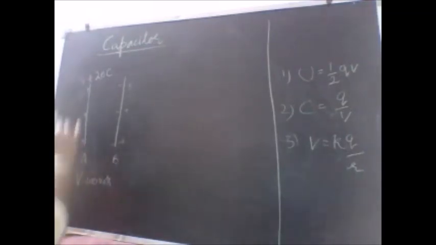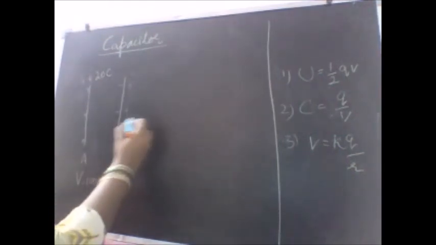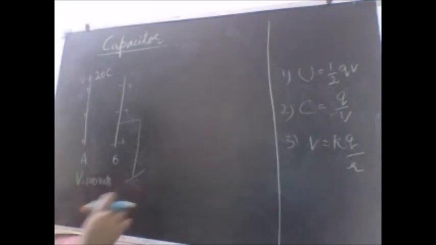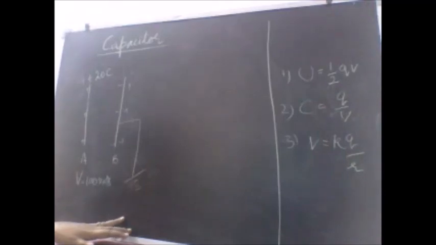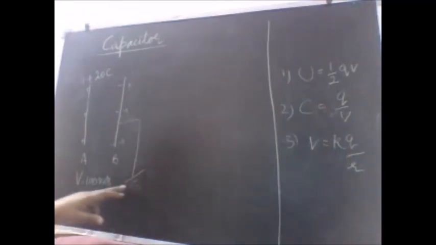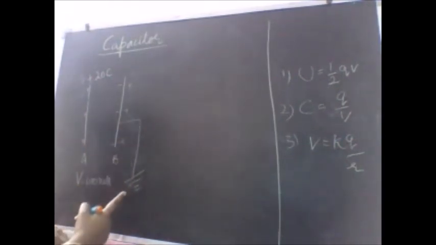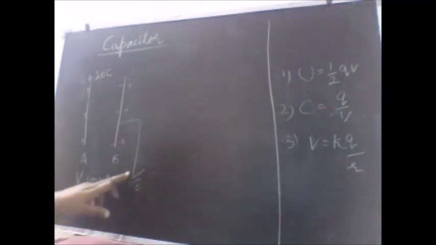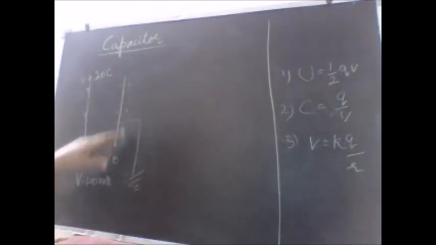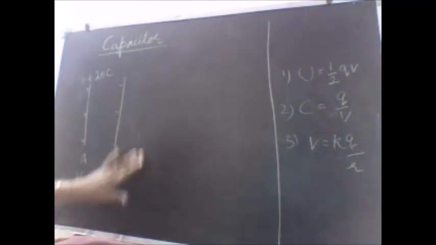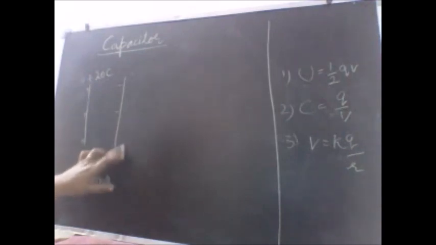The third thing I am going to do is ground all this charge. Just before we discuss that, the potential of the earth, we take to be 0. This symbol is for earthing, that we are providing earthing to this side of the plate. That means the electrons will move to this side and neutralize the positive charge. Once the positive charge is neutralized, I have removed the earthing here.